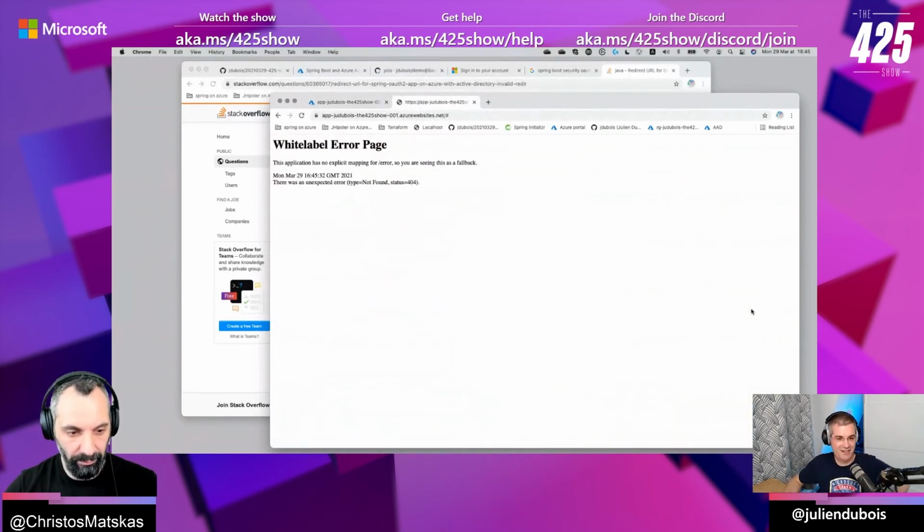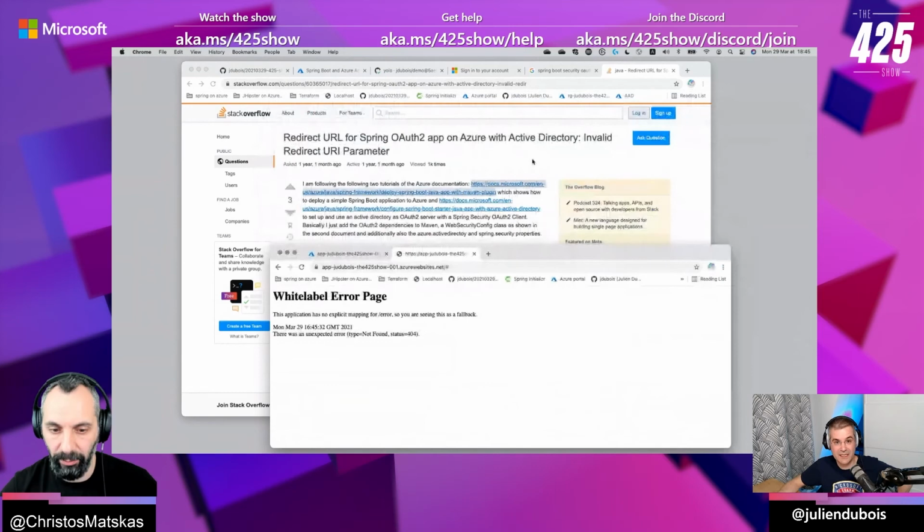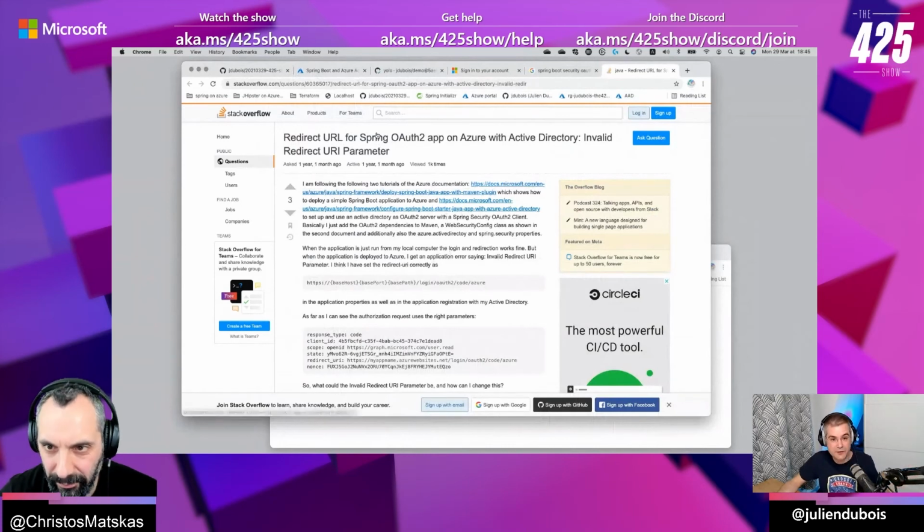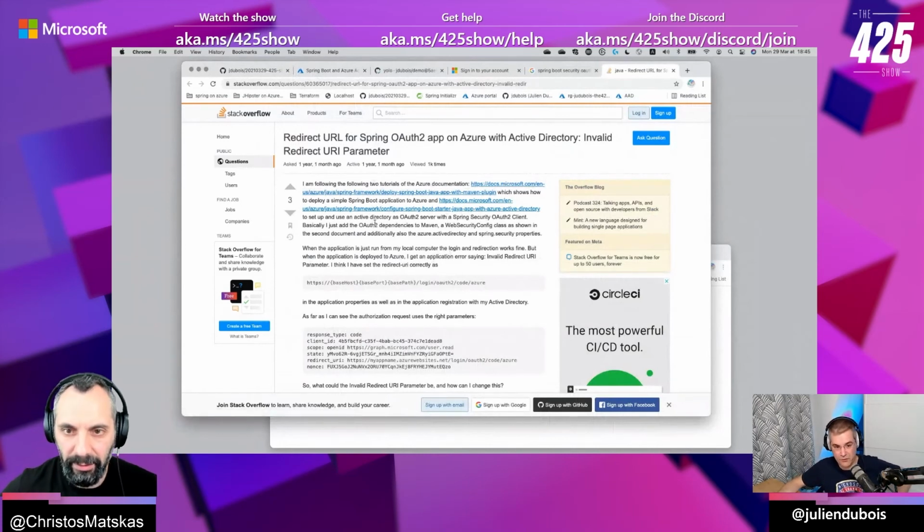So, fixed. So we found the problem. It's a configuration issue, right? And I think it was to do with the fact that it went to HTTP rather than HTTPS, which is super weird. So we found the issue. So here is the issue. I don't know why I didn't have it before, because that's weird.